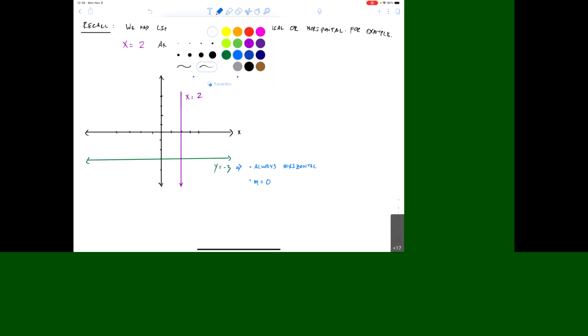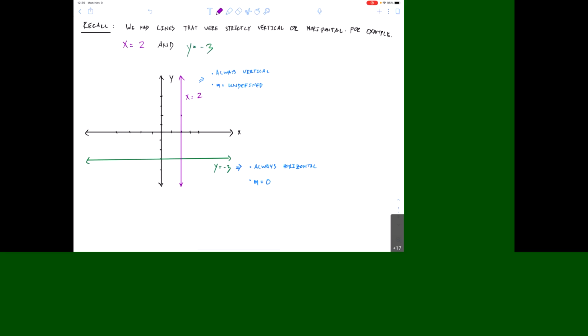Well, it turns out that if you use the slope formula and you pick any random points, say for the x line first, you choose this point right here, which is (2, 2), and you choose this point down here, (2, -4), right? And then you take the time to